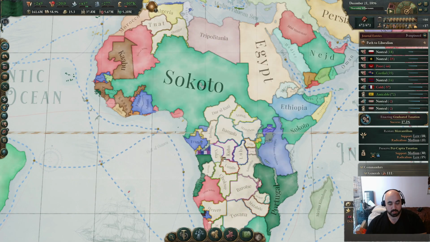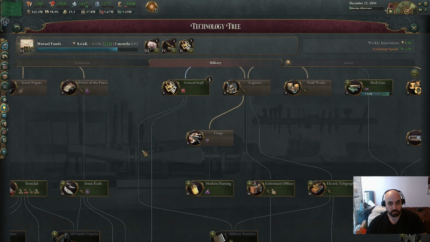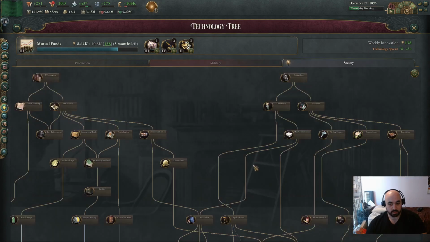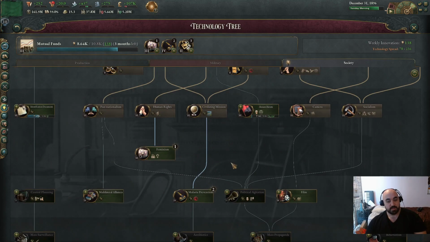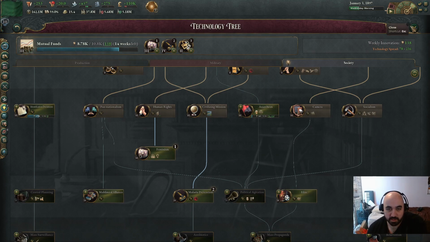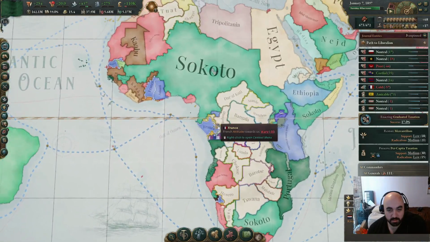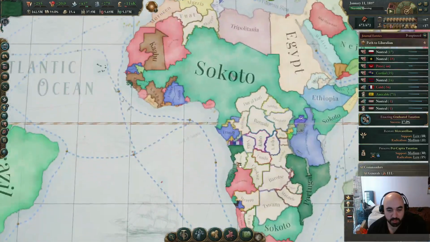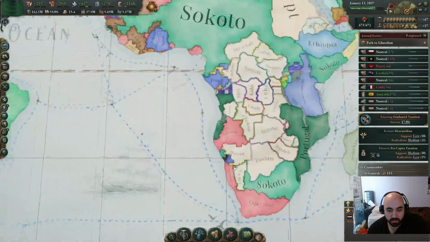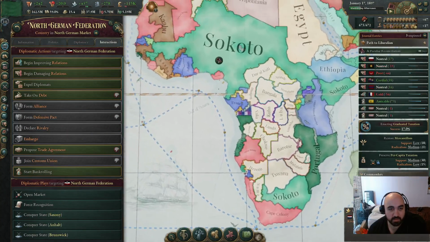Alright, nice. We're going to get a tier 4 society tech before we have all the tier 2 mil techs. This is just kind of a little bit of how this run is going. We can return state CB France or Spain. We can also take some of this, but